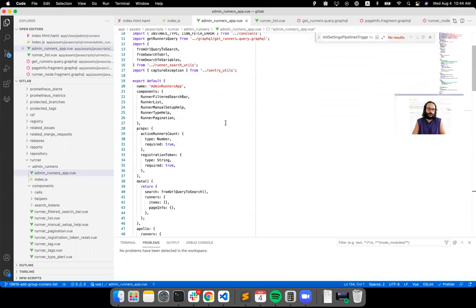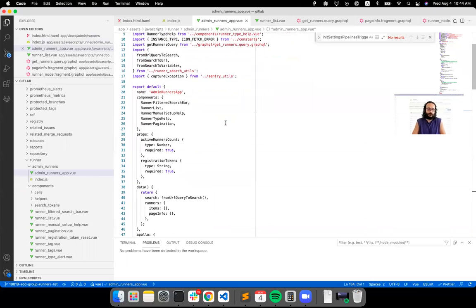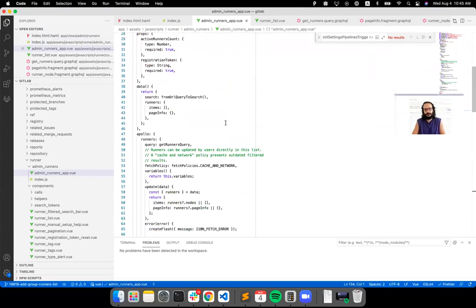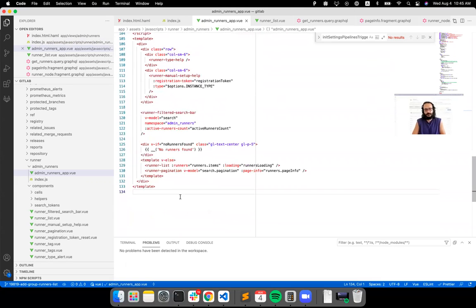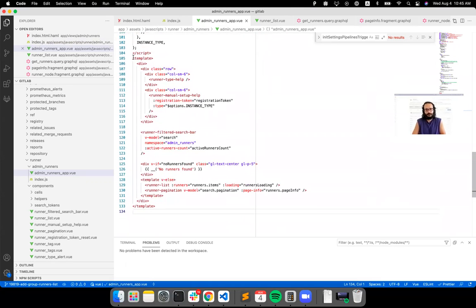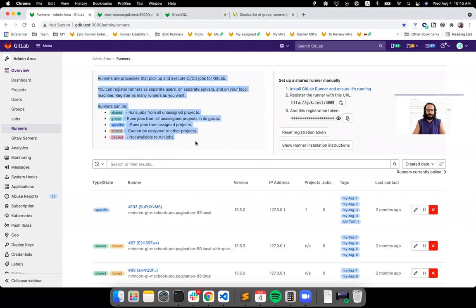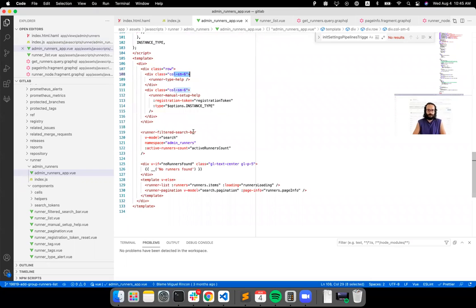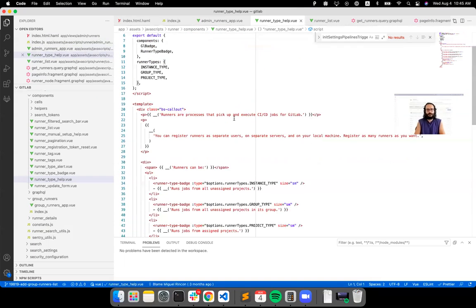This is basically all the contents of the page, but as you can see, it's a bit small. It's not a very long file because it loads mostly components from other places. So for example, the runner type help is a component that goes inside this column. So it's the one that you will see here. And I'm going to open it just to show you. Yeah, so it's just mostly